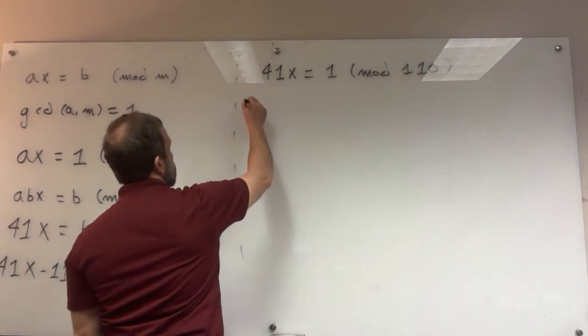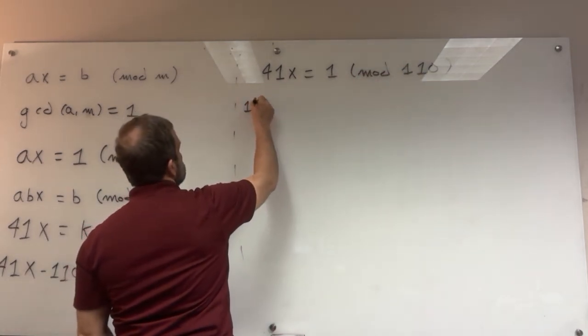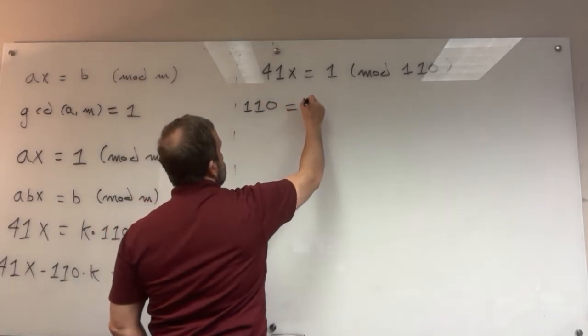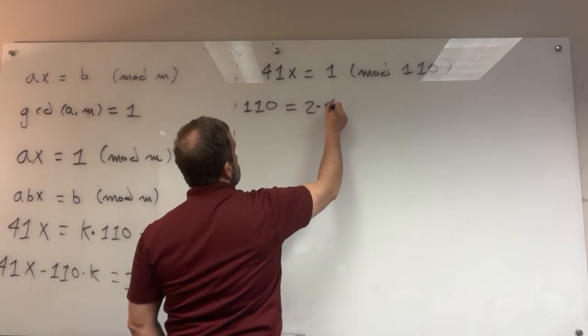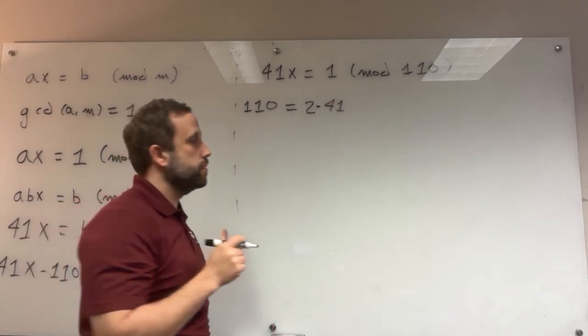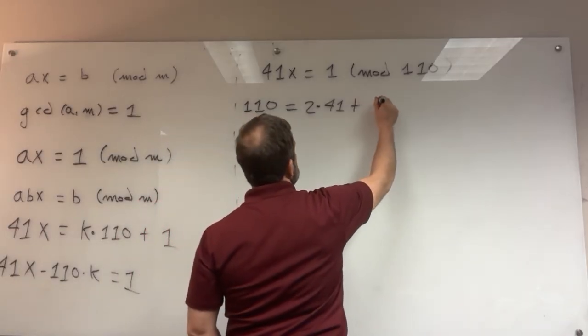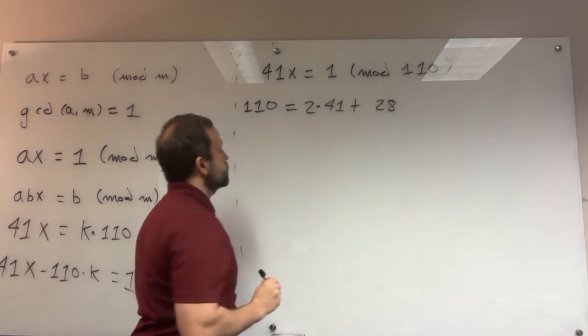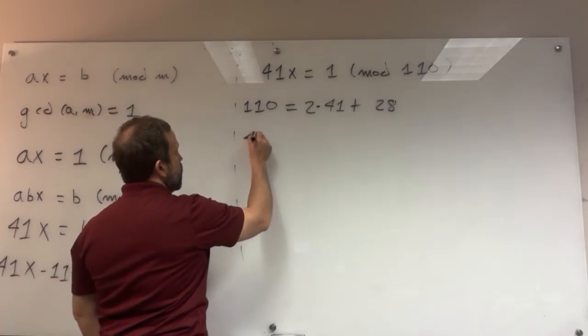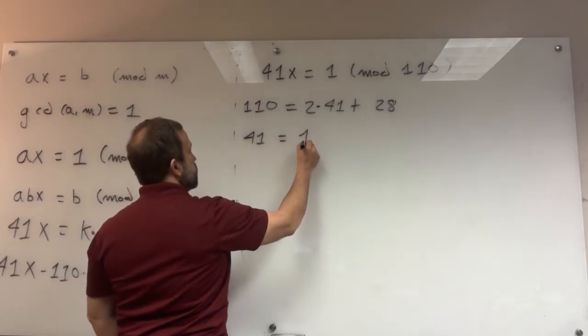We're going to start off by saying 110 is equal to 2 times 41, and 2 times 41 is 82, so this is plus 28. Then we're going to say that 41 is equal to 1